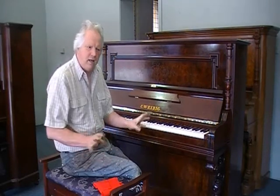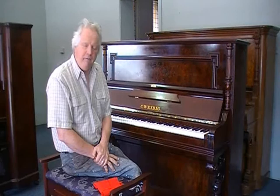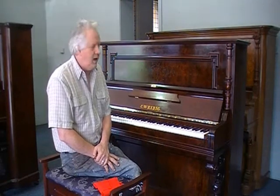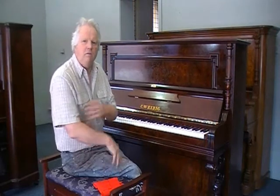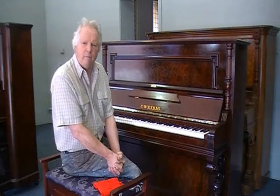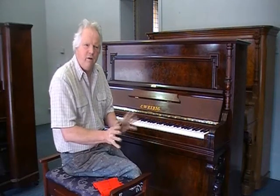Our piano carriers who are constantly moving around cities and country areas, relocating pianos for people. Heavy instruments, sometimes there are steps and stairs involved, but there's great people who've got a lot of empathy for the instruments themselves too. They learn that from their early days. So our piano carriers